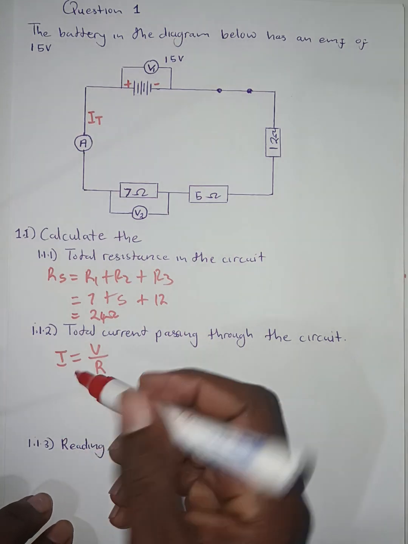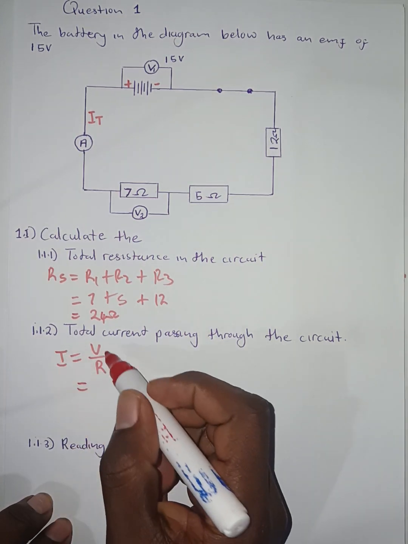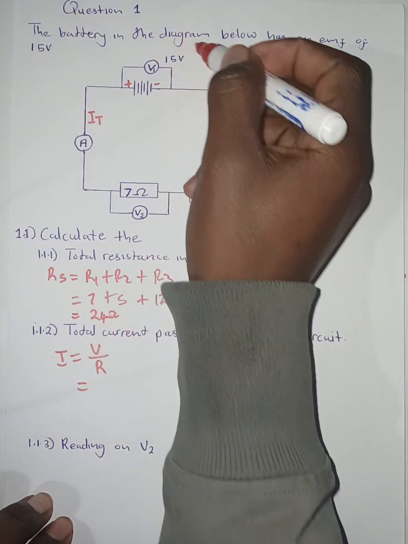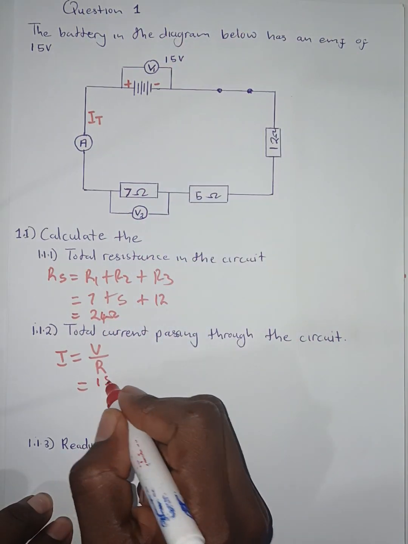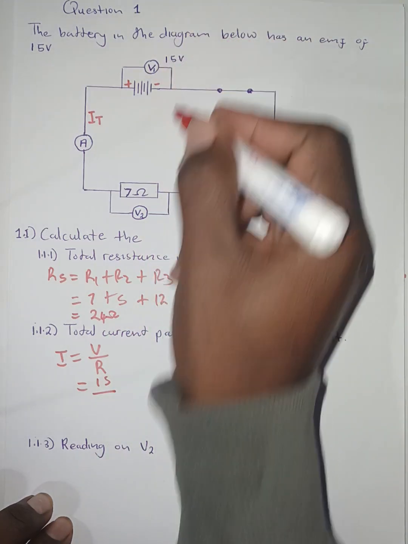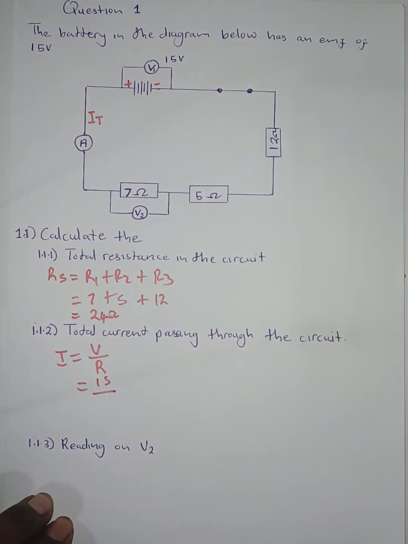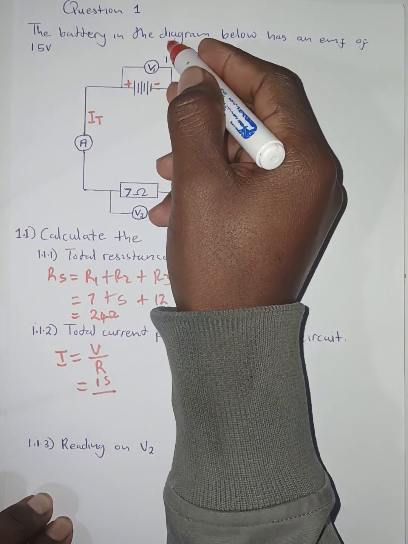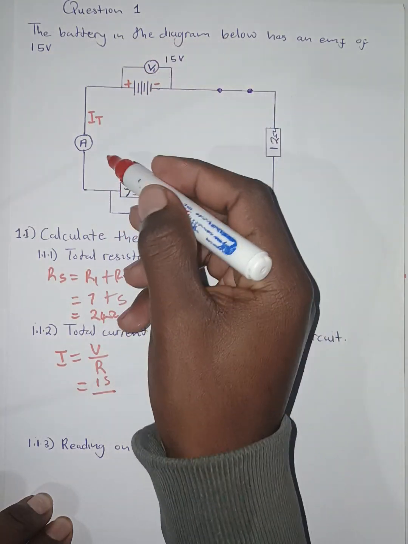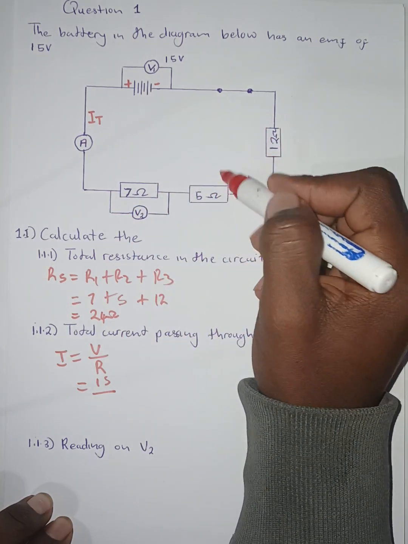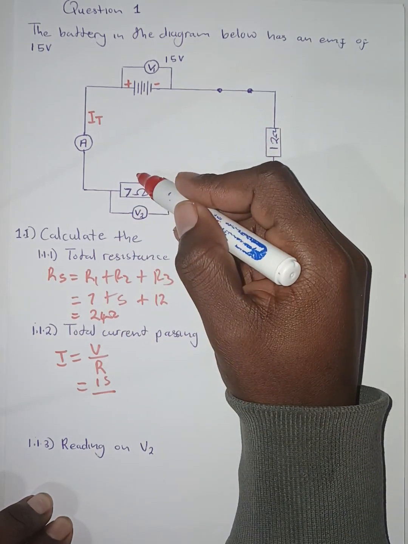So to calculate I in this case, I'm going to take V. Remember that I'm going to take that 15 volts, so this would be 15 divided by, now since I took that 15 volts, I must also take its corresponding resistance, right? The resistance that corresponds with that 15 volts would be that 12 ohm resistance, and that 5, and that